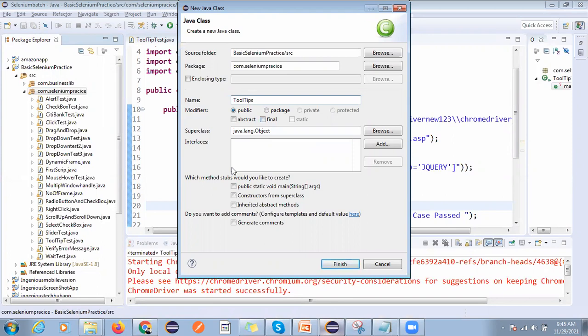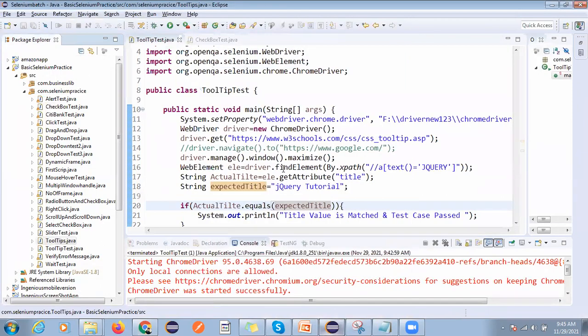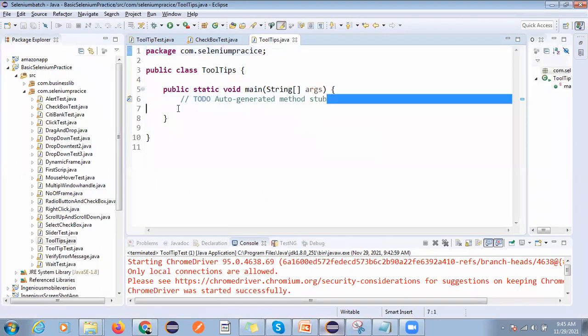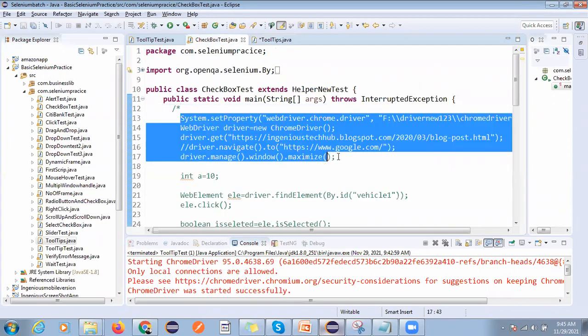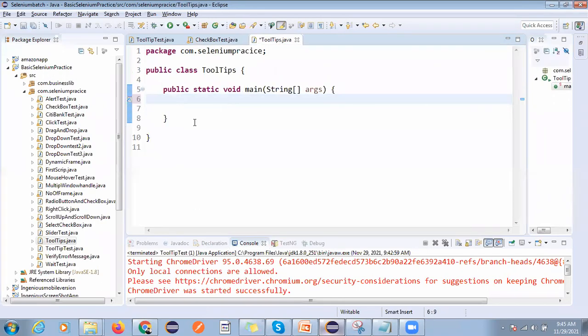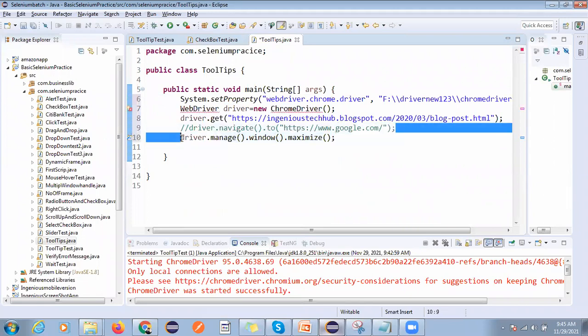Okay, I just want to tell you step by step. What is the first step? moveToElement is a method, right? Okay, but what is the first step? The first step, right? So I'll copy this, same, and remove this, and